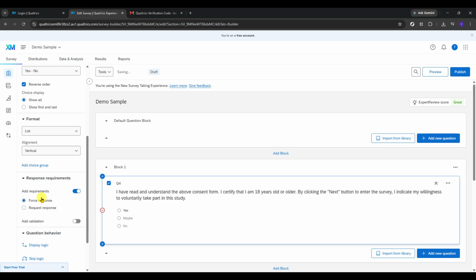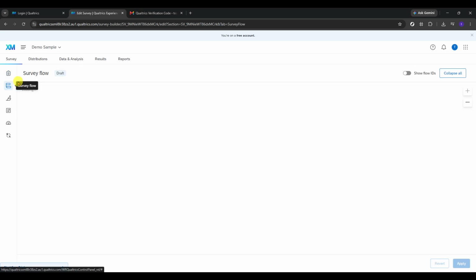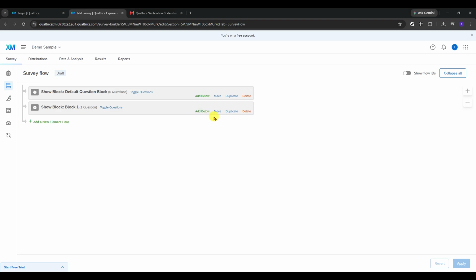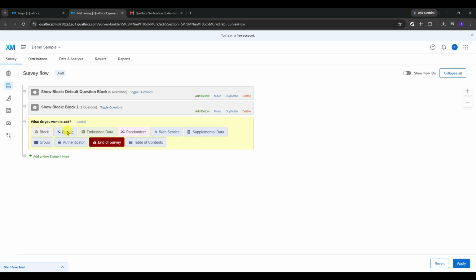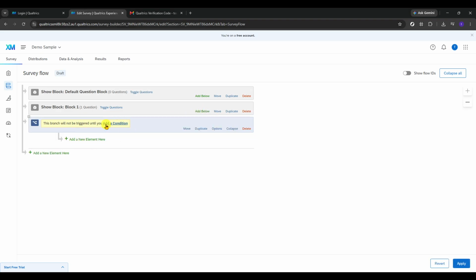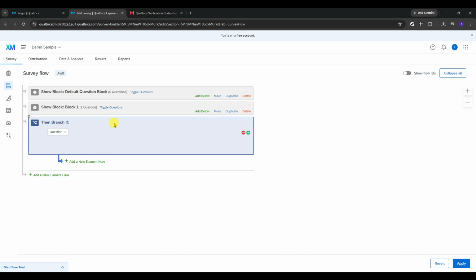This helps define how the question should behave and ensures the survey captures the response properly before a participant continues. From there, click Survey Flow. Survey Flow is where you control the logic of what happens in your survey based on a participant's response. This is especially useful for consent forms because you may want the survey to continue only when a participant selects